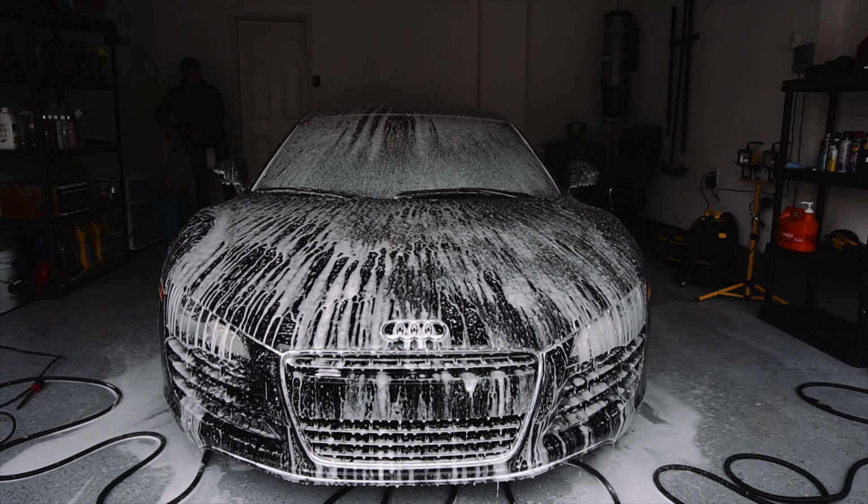Finally, tip number 5, this is an important tip when you're washing a black car. For me, my water here is kind of actually hard, so there's some minerals in there. One of the biggest things I see people do is that they're washing their black car outside in the sun and it's scorching hot. Now, I realize that a lot of people may not have options to wash their car in a shaded environment. But if you do, 100% of the time, you wanna make sure you're washing your car